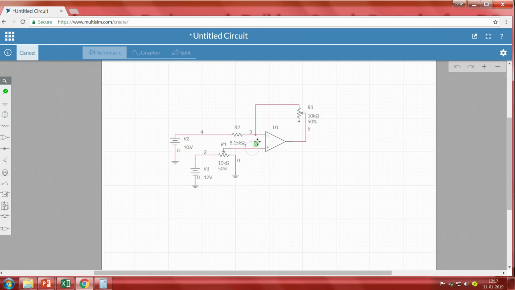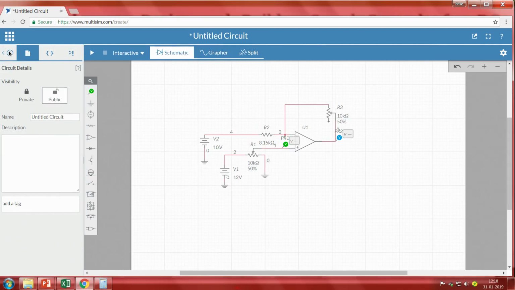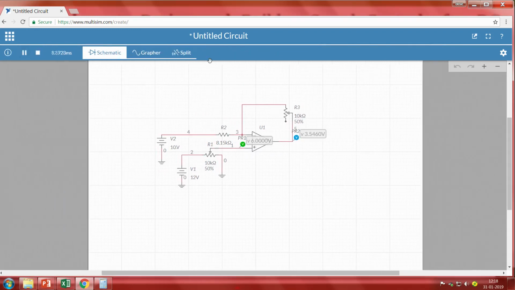So I will connect one probe here, and one more probe here. For the time being, I am applying the input voltage. So we need this to be 3.7. This should be 15, that is another problem. Of course, we can also provide 12 volts too. Let me try once again. We need 3.57, so I will change it to 3.6. Okay.